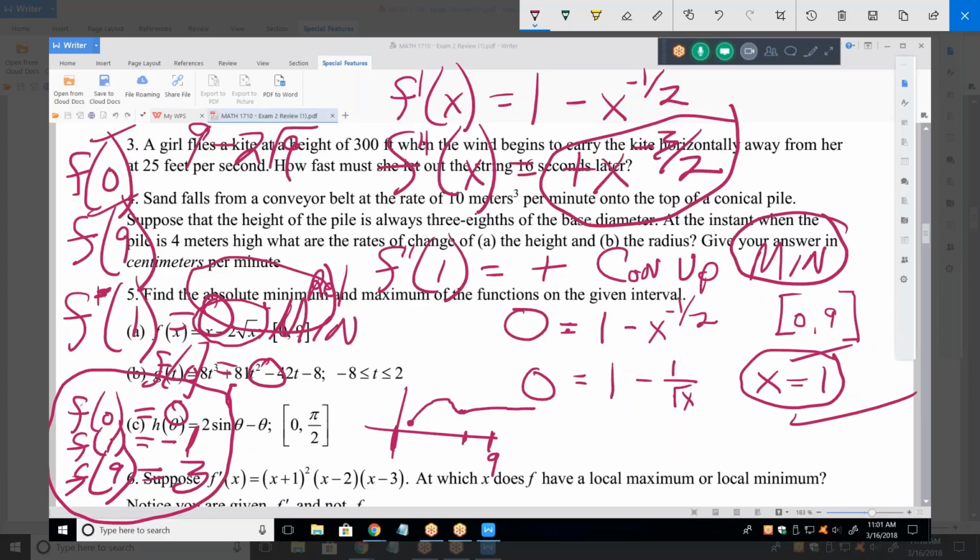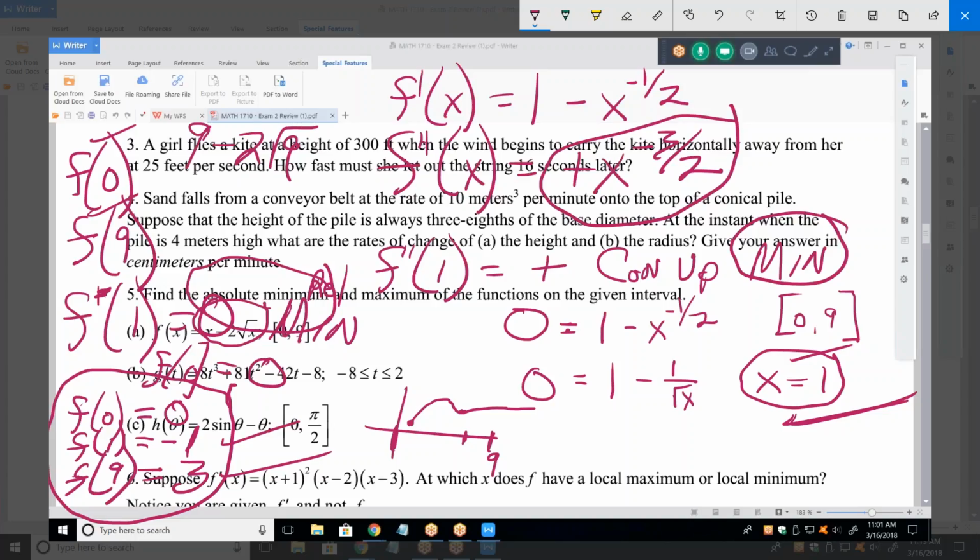In other words, there's sometimes a problem in terminology here. Usually when they're looking for where the minimums or maximums occur, they want their answer from the horizontal axis. They want their answer over here. In other words, the minimum occurs when x equals 1. But that's not the same as what the minimum is. The minimum is f of 1, and that was -1. So the absolute minimum was -1. The absolute maximum was 3